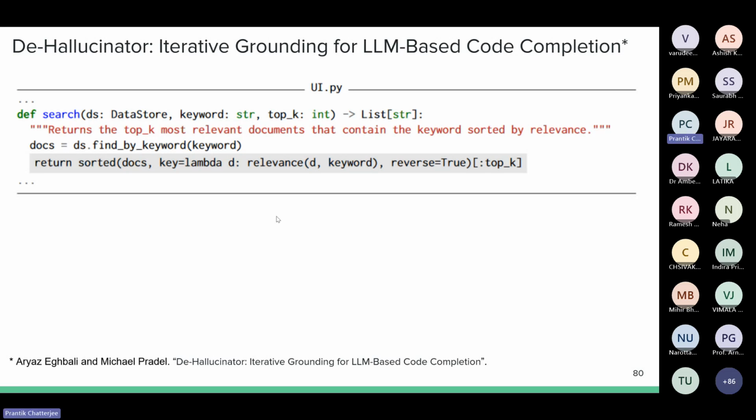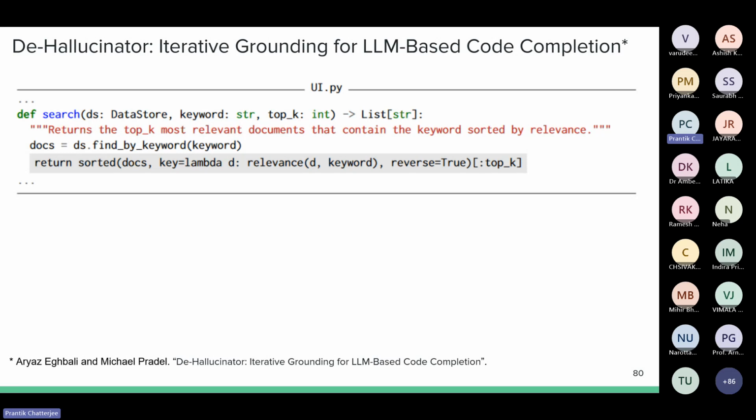So we have looked at these test generations, and we have also looked at fault localizers. So let's look at a completely different ML-based approach. Again, we will look at these large language models. Large language models are very popular for their capabilities. You all know, because I think you have all used ChatGPT. But one very prominent problem with these large language models is that they are prone to hallucinations.